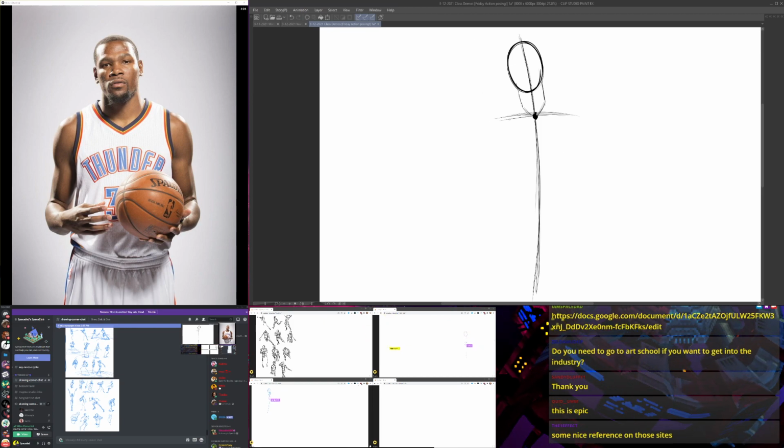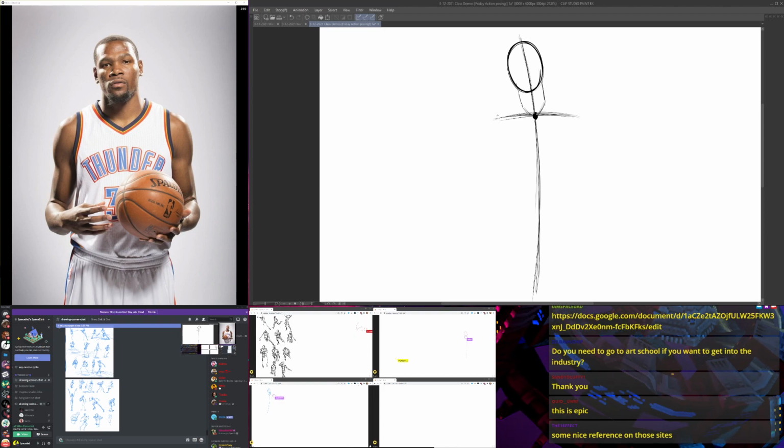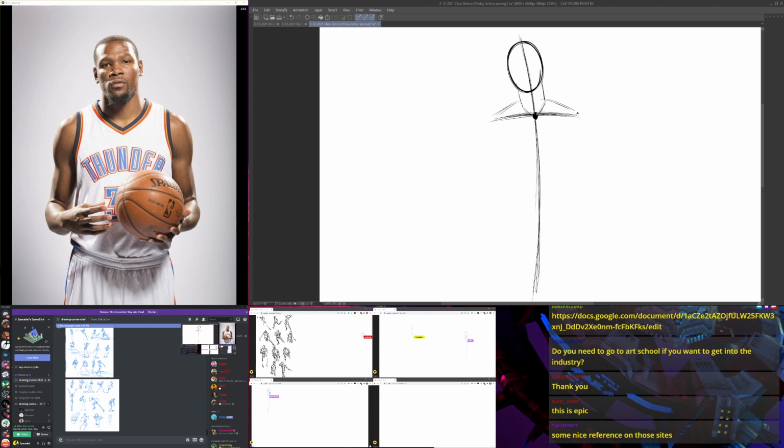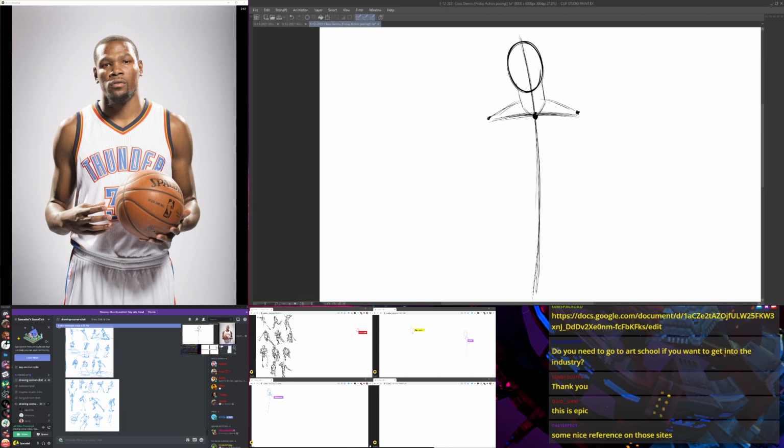Then from the top of the rib cage, let's get this sort of rhythm here, to the top corners of his shoulders. That little bone that separates the joint to the shoulder right there.